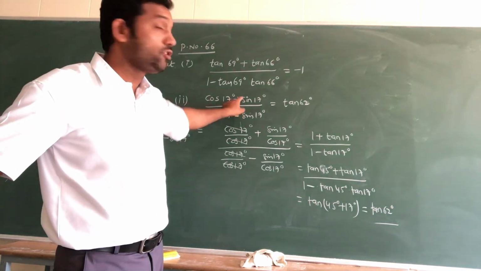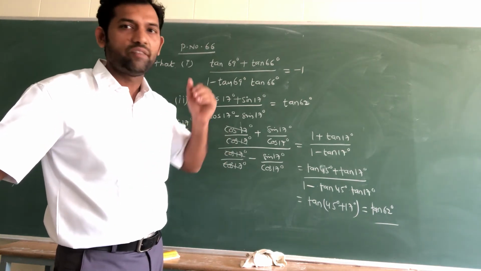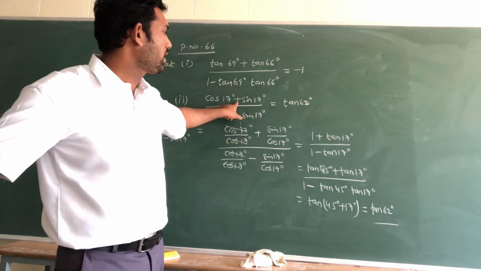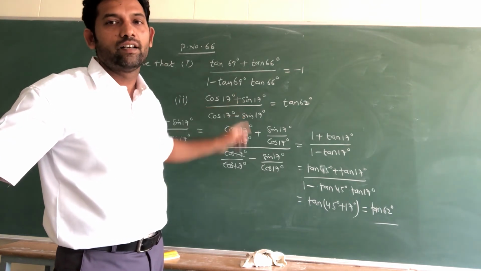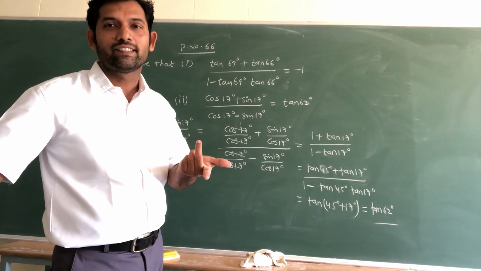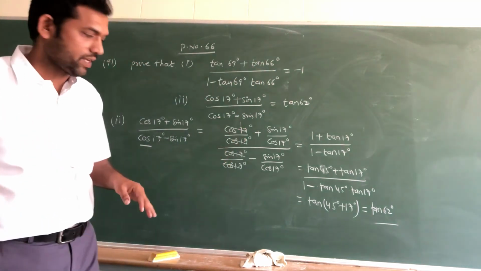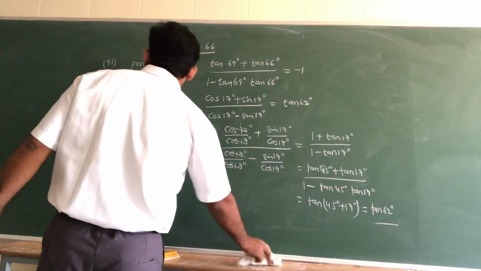Minus is given, numerator value. You have to fix any one value, so I will fix the numerator value. In the numerator, where plus is there, you have to take 45 plus. Where minus is there, 45 minus that angle, whatever the angle given. Okay? Note down fast. That is the only simple trick.